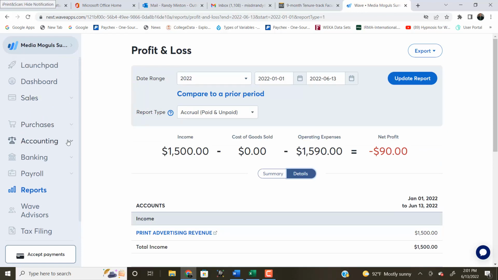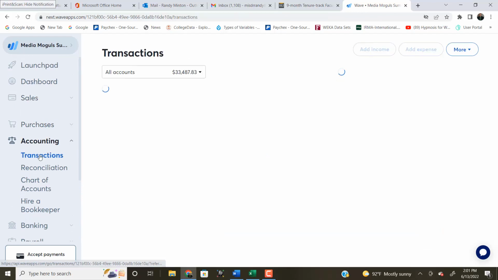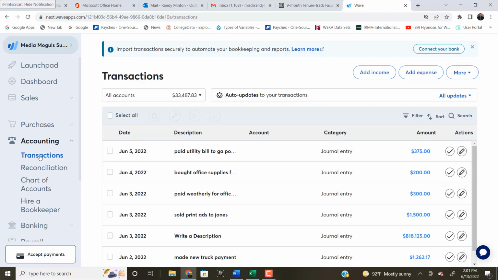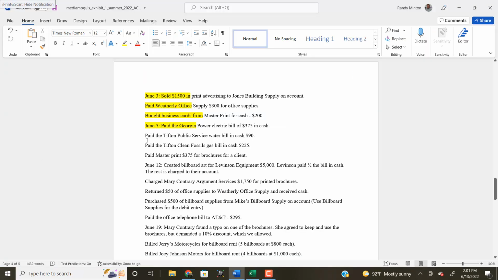So go back to your accounting side again, to transactions. Pop over here to the next one, paid Tifton Public Service water bill for $90. Well, the water bill is also a utility. We treat utilities as water, gas, power, oftentimes trash pickup, all of those things that you pay out every month to the city or